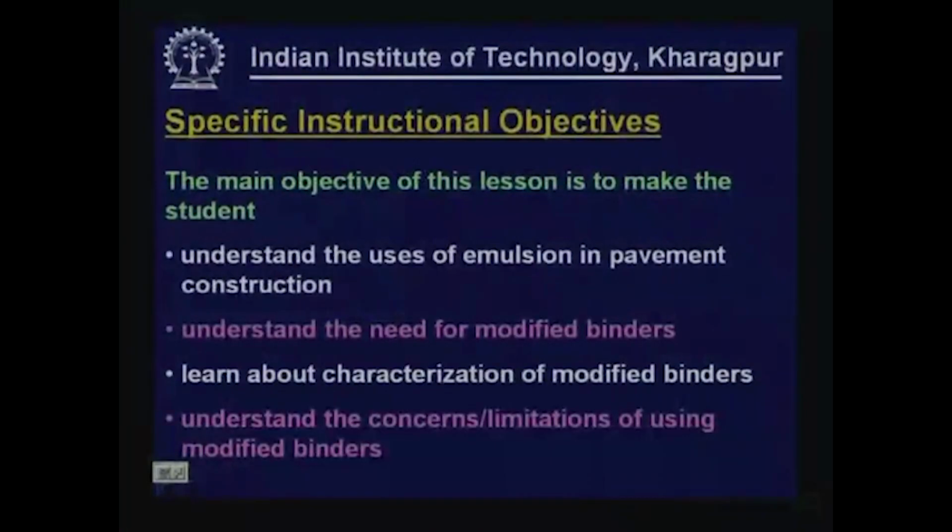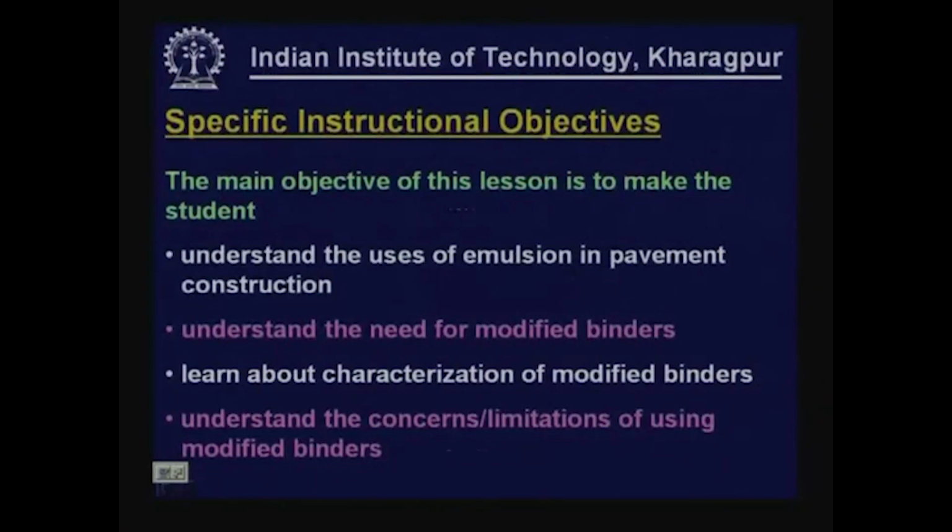to make the student understand the uses of emulsion in pavement construction, because in the previous two lessons on bituminous binders we discussed different types of binders, that is straight run bitumen, cutbacks, different tests that can be conducted on bituminous binders, and some related parameters like aging concept of bitumens, temperature susceptibility of bitumen, and some fundamental properties of bitumen. In this lesson, we will cover another type of bituminous binder, that is emulsion, its uses in pavement construction,